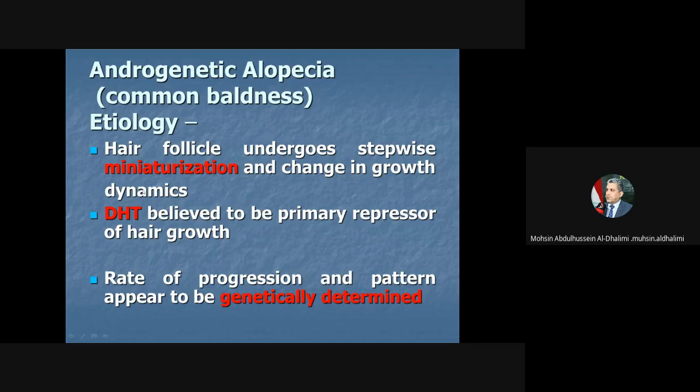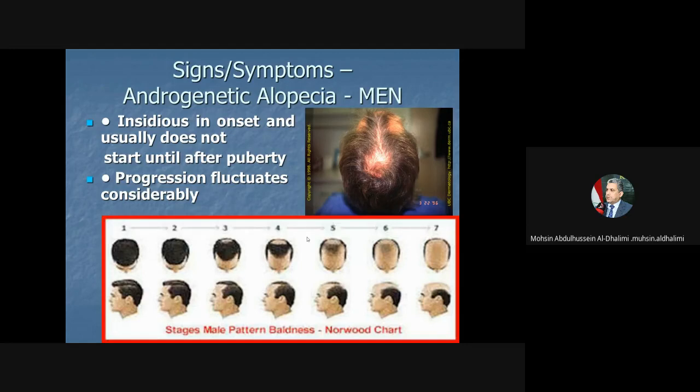الداي hydrotestosterone. Called androgenetic because definitely there is a genetic background that control the rate of progression and the pattern of androgenic alopecia. هنا عندنا gradual مثل ما قلنا thinning of the hair. الonset usually after puberty. طبعا بالسنين الأخيرة أيضا الأونست بدأت تقل، يعني with the early puberty، يعني أول ما تبدأ البيوبرتي يصير عندهم androgenetic alopecia،